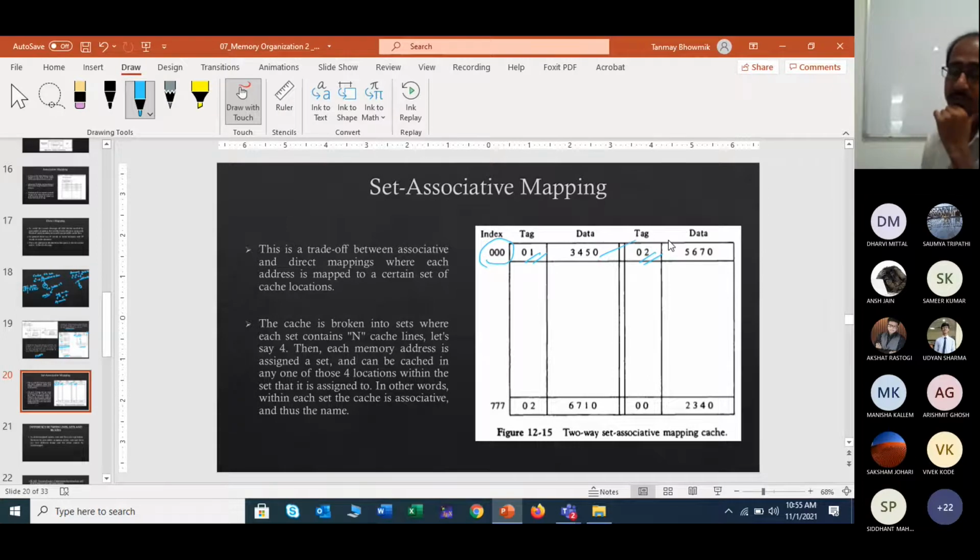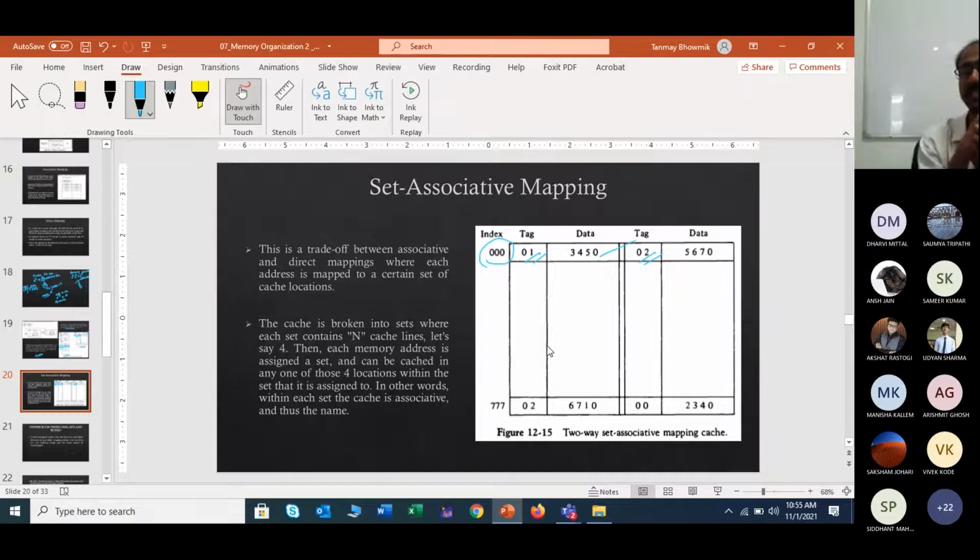This is quite obvious because you can see that more than one tag is being mapped with the same index, right? This thing is also applicable for the other index address. So this way you can manage most of your tag index problems.